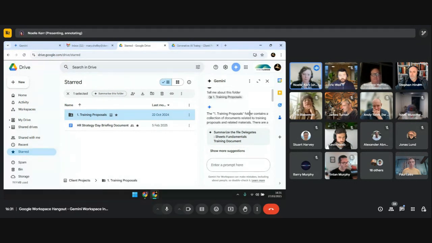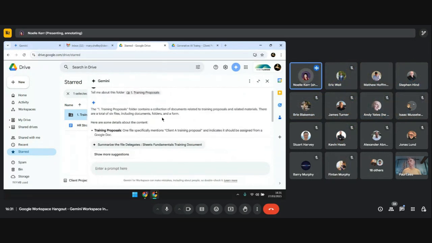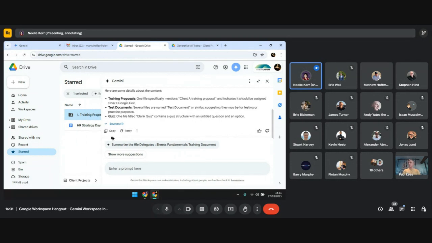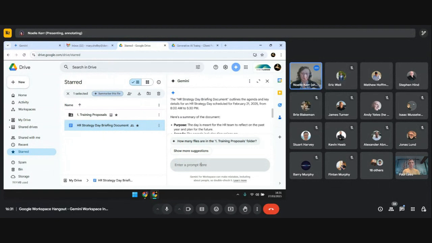Now, I personally find this little side panel a little too thin for me to read. I can quickly drop it out, and I can pull it out even further if that's what I need to do. You can quickly have a look here, and it's telling me where it's basing its evidence or its information from here in the source. And if I don't like that summary, I can retry again. File, and it's going to do the same thing for me there.